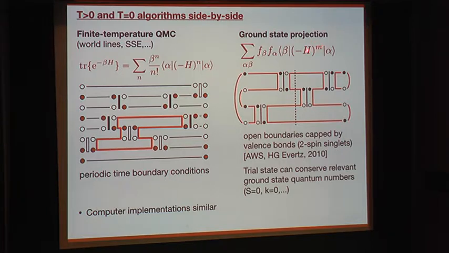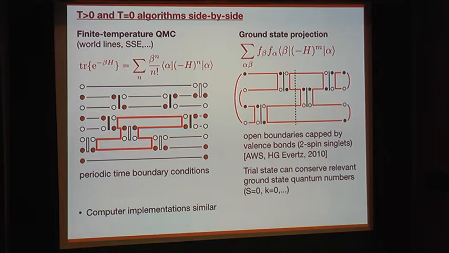So, okay, so now this converges as a function of m, and this as a function of beta. So you have to translate between these two, and let me not say exactly how that works. Well, basically, you should think of this beta here as m divided by the system size n, roughly. Anyway, so this converges faster because we can build in some quantum numbers. Not only spin, but also we can use trial states that are translationally invariant. Normally, they would have momentum 0. And normally that would be the momentum sector of the ground state that we are looking at. So we immediately throw out a lot of states that would